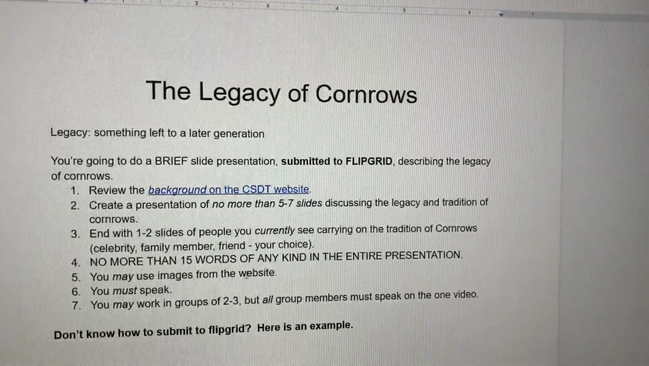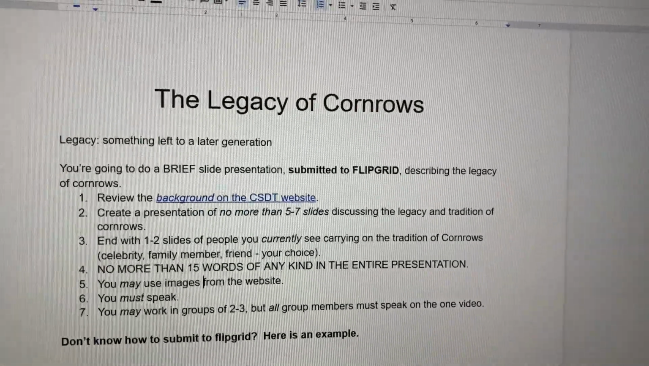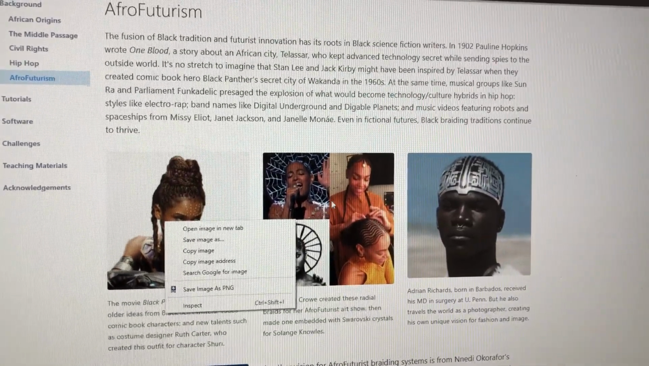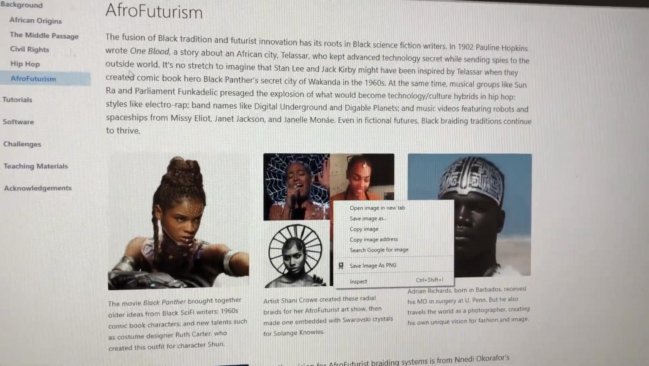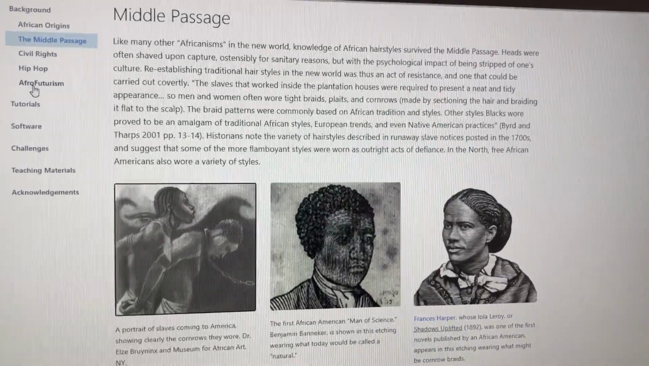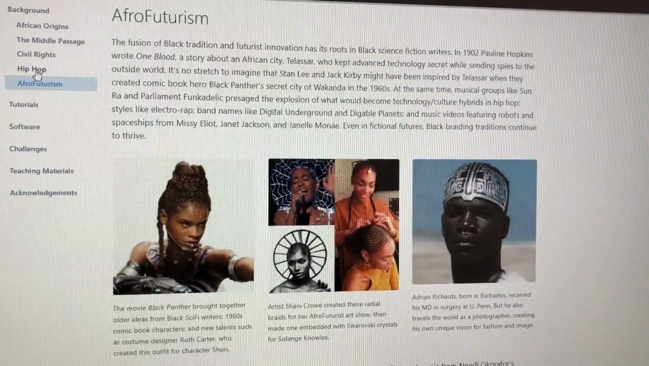No more than 15 words. You can use images from the website. Can I copy and paste these? If I right click, I can copy the image and paste it. I can open the image in a new tab. And you've got lots of images to work from. But when you get to Afrofuturism and the legacy,